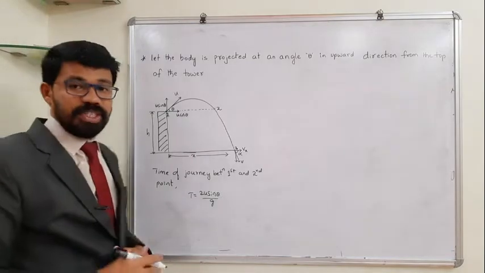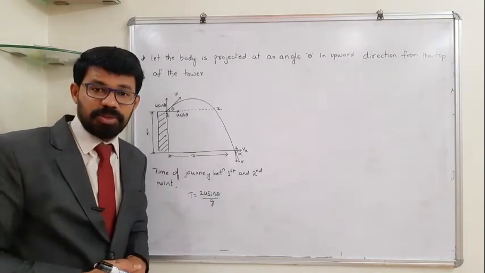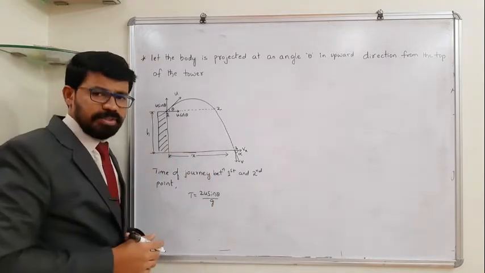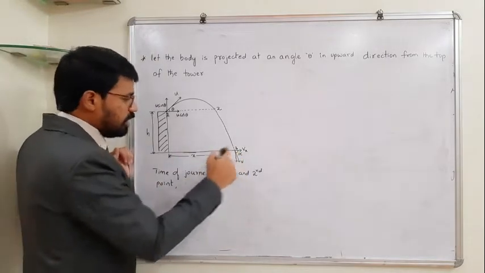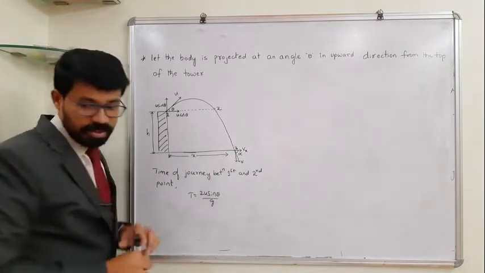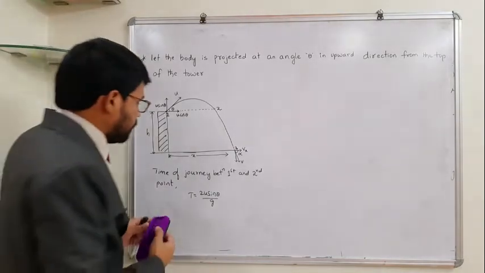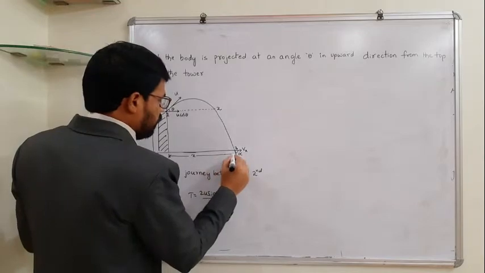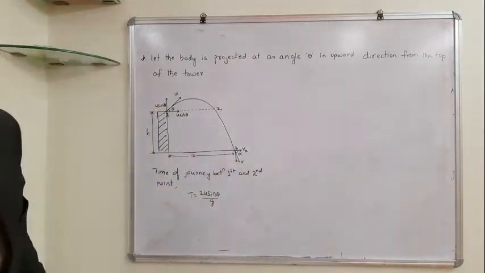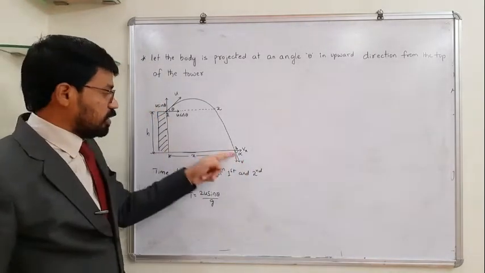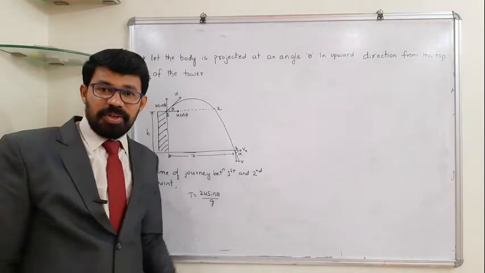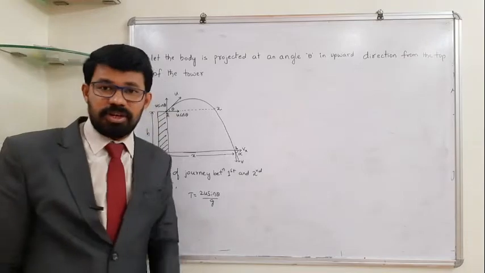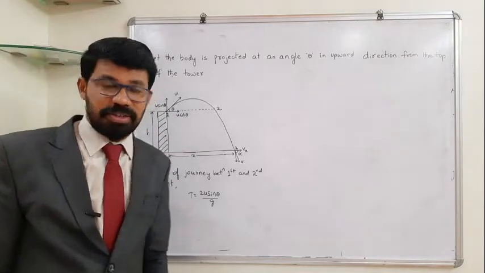Point 1 and 2 both are at the same level. And this distance, okay, it's a horizontal range, we can find out. But here, the total horizontal distance covered by the projectile is x. So let us try to find out what that x is. And before that, let us try to find out in how much time the body reaches this point 3, or in how much time after it is projected from the top of the tower it strikes the ground, which is nothing but the time of flight. Let us try to find out that.